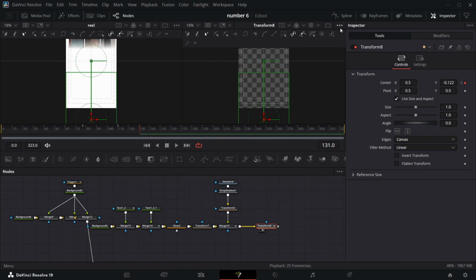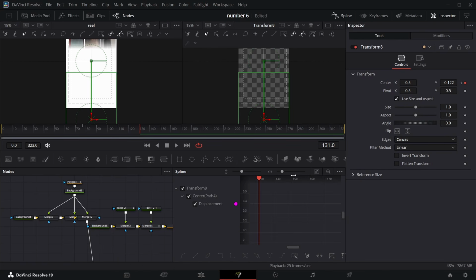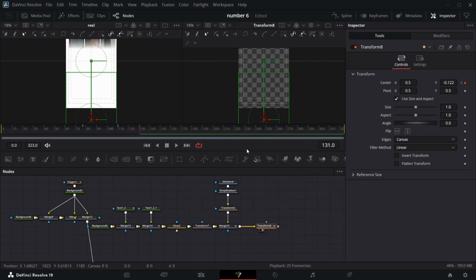Good. So if we select our mesh node and we go into spline, we're going to see that, and we're going to hit S and smooth things out. You can just leave this one like that. So if we play it from here,